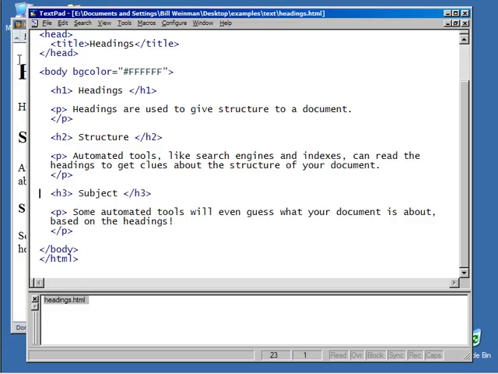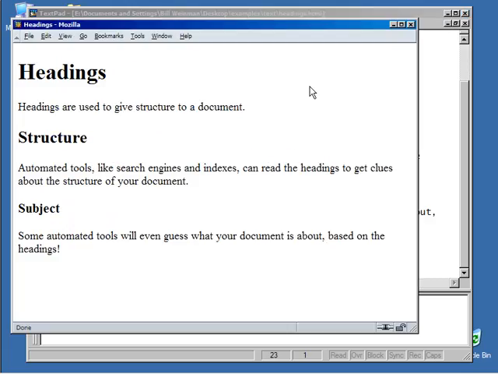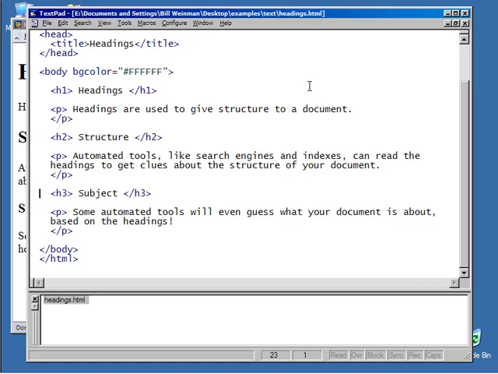Taking a look at the document in the browser, the first thing that I notice is that the headings are unattractive. Fortunately, that can be corrected using style sheets. The nice thing about headings, though, is that by having them set off in their own block-level containers like this, it's easy for an automated system, like a search engine like Google, or a document indexing engine, or something like that, to understand a little bit about the structure and the meaning and content of a